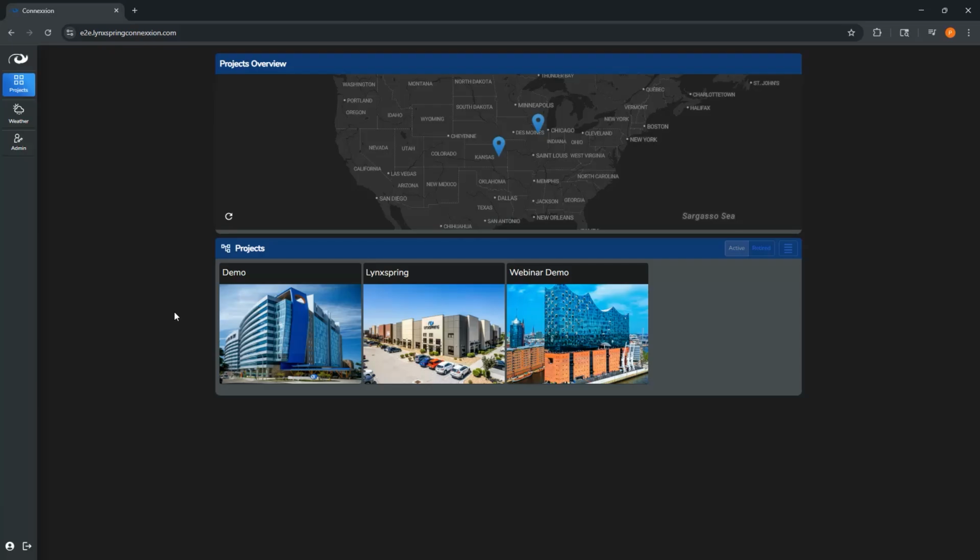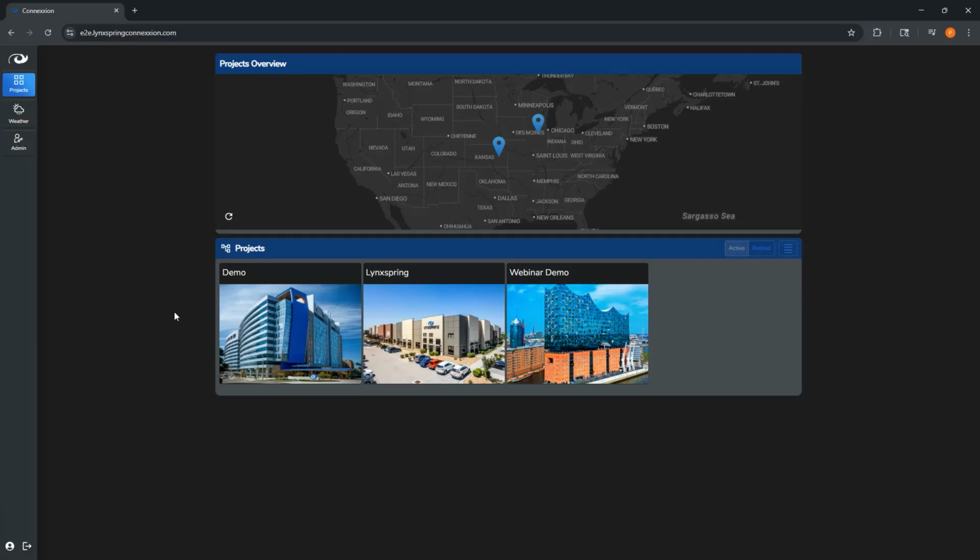Because one of the concepts that we touched on earlier was that E2E works with disparate data sources. So that's multiple building automation system types. That's utility data. There's all kinds of different integration options for you to bring this data in and use it.